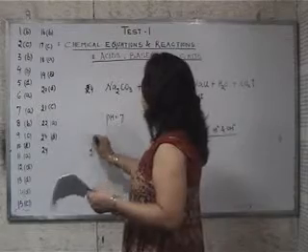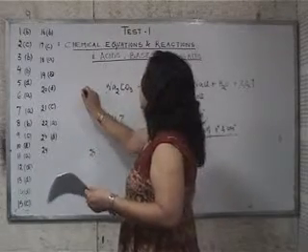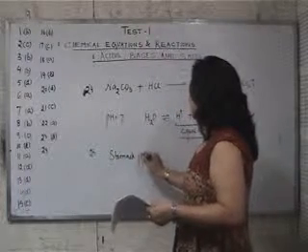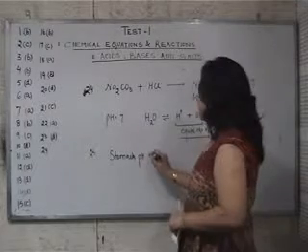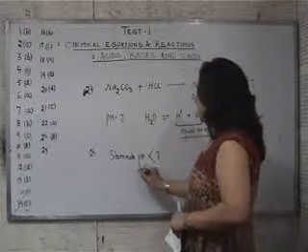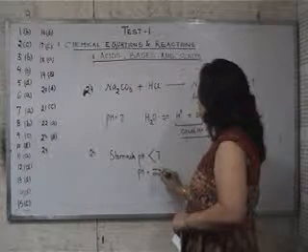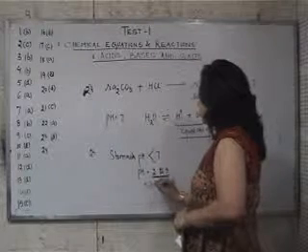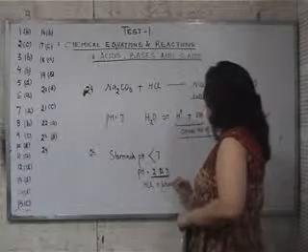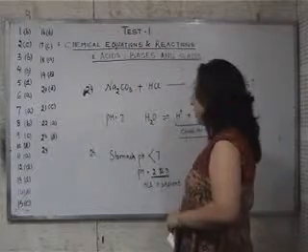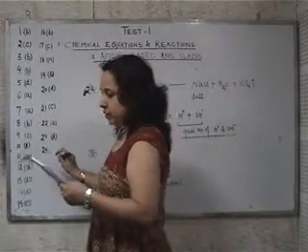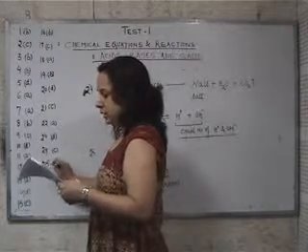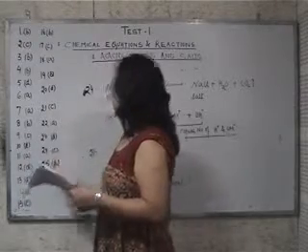Now the 25th question: stomach pH. When we say stomach pH, the pH is less than 7. Its actual pH is between 2 and 3. It is acidic because HCl is present in our stomach. That's why we have an acidic pH. 24th question, your option was C. 25th question, your option is less than 7, B, beta.